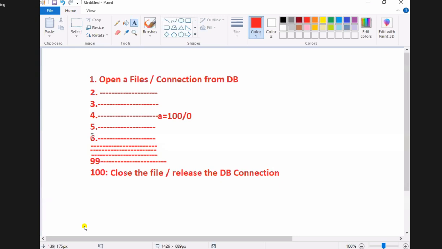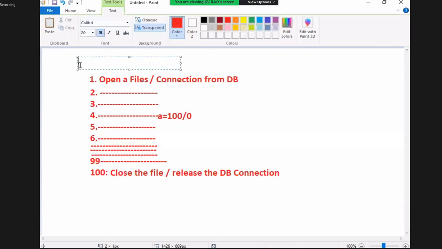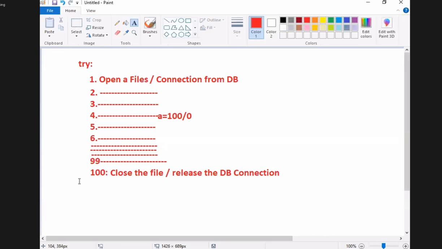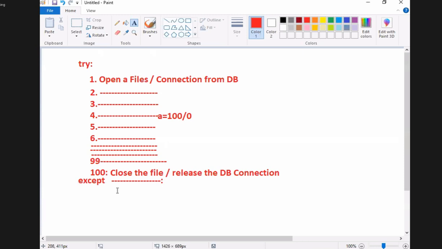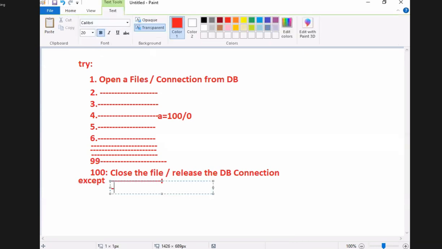Or second or third or fourth or fifth, in these 99 lines, some statements are generating exceptions. Definitely I will write those statements in the try block. Next I will write the except block. In the except block, I will write some exception class name, some user friendly name, I will define.